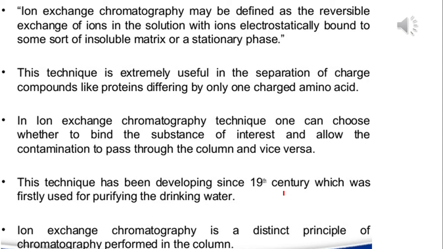Suppose we have a molecular mixture from which we want to selectively separate positively charged particles. What we will do? We will select an ion exchange column which is positively charged or which consists of positive ions attached onto the inner surface. When the mixture is passing through them, any negatively charged particles of the mixture are attracted towards the positively charged ions of the resin. So what happens? Only the positive components of the mixture are allowed to pass down. That is one way.